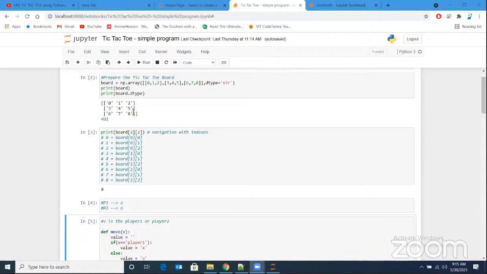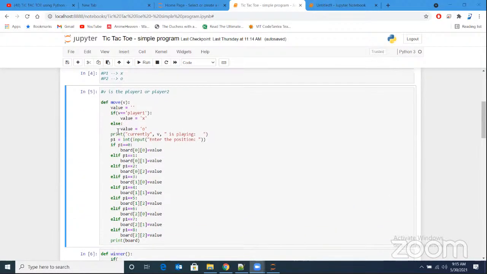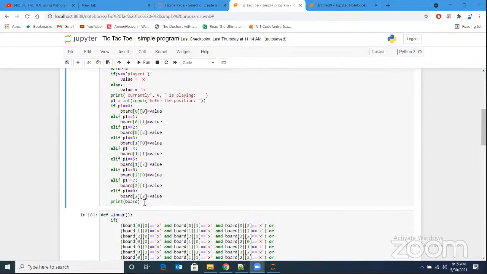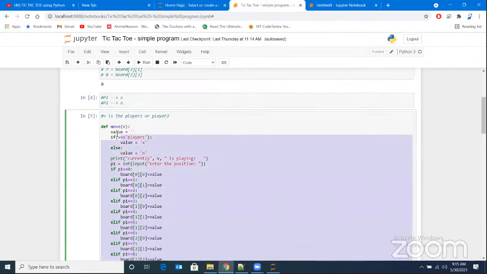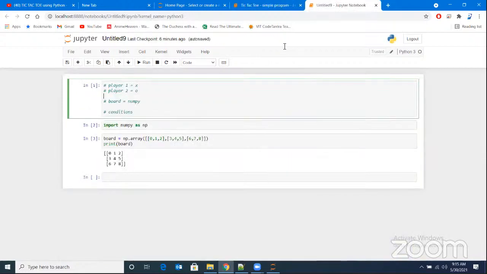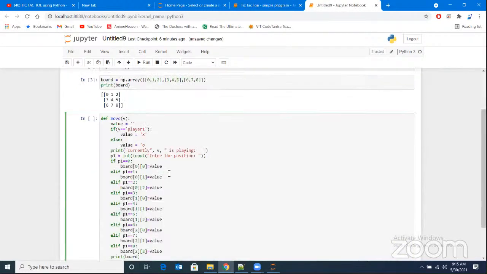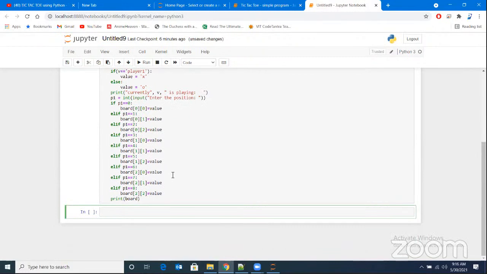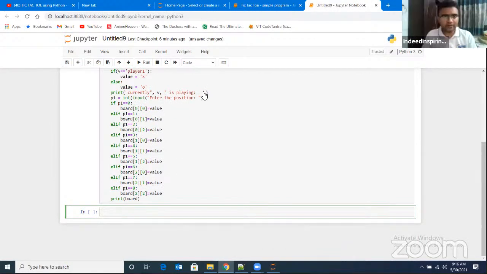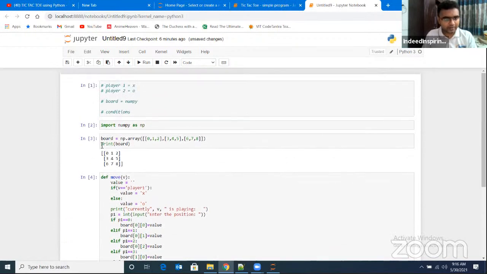Okay, now let me continue. I need to type this now. Okay, you can type this. So this is basically a move function, how the move is going to happen. So I'm putting it here. Now moving forward, after this we can go ahead. We have created the move function, we have the board set, and next thing we can have